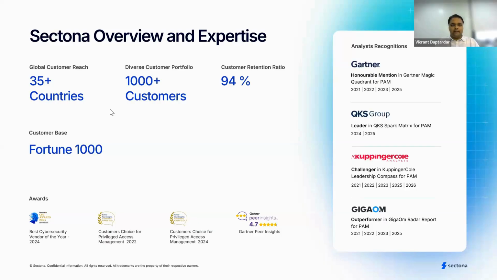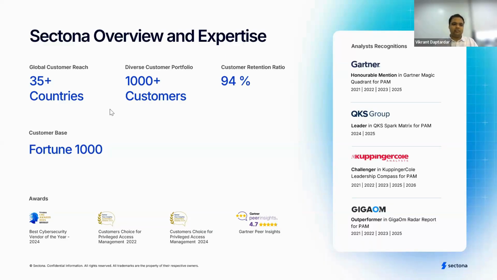A little bit of our impact over the years that we have been active in the market. Our impact over the years has been massive. Some of you in the audience have very graciously been through this journey with us. Our global customer reach is around 35 plus countries with diverse customer portfolios. We have 1000 plus customers as of now, and a very strong and high customer retention ratio of 94%.